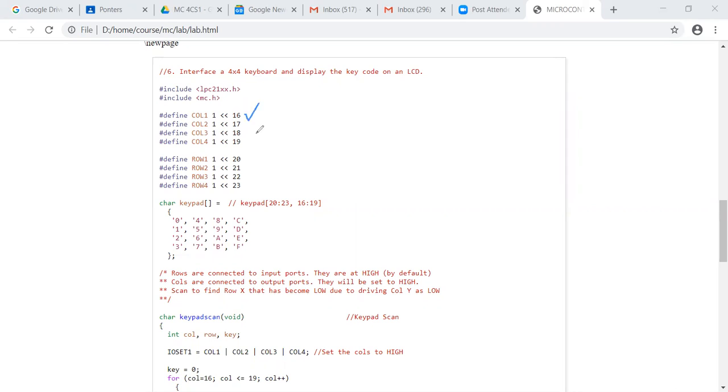If you remember 16, of course, you will get to know the other ports. Similarly, rows are connected to port numbers 20 onwards. And one more thing you need to understand is whether these ports are coming from P0 or P1.